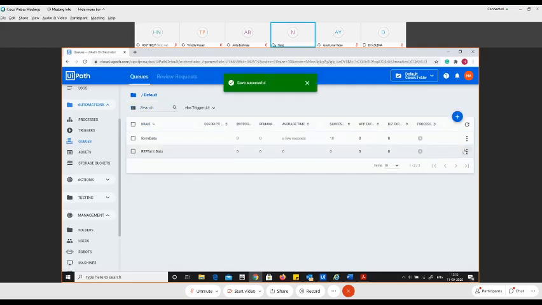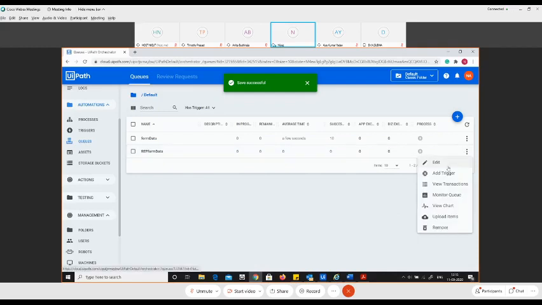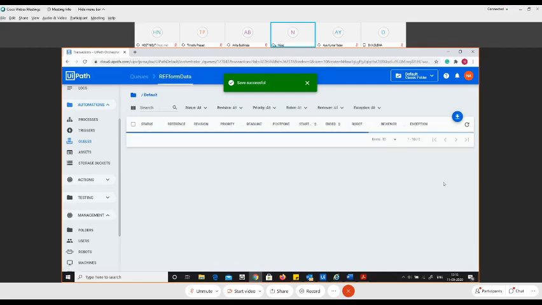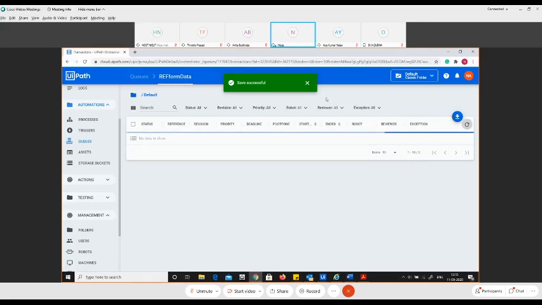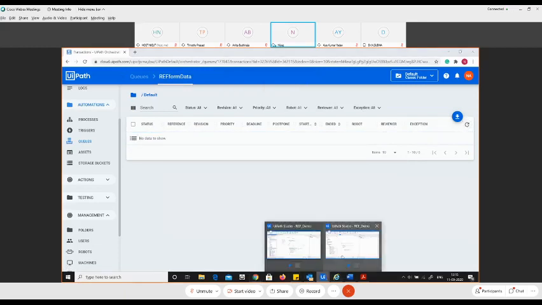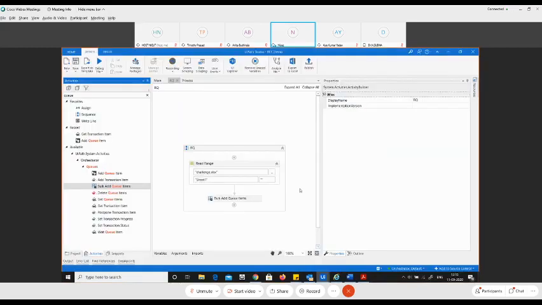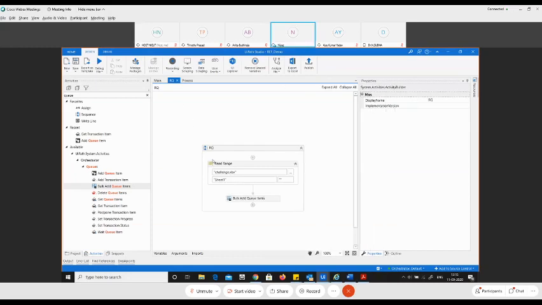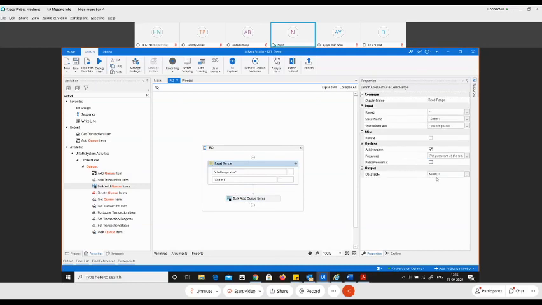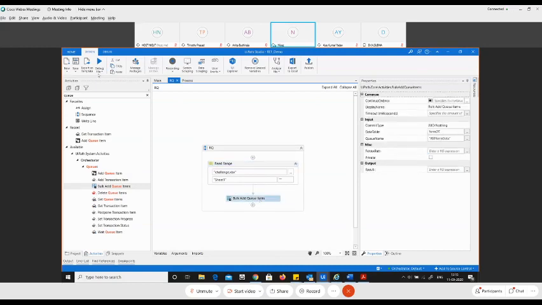So there is no data into the queue. Let us verify by clicking on the vertical ellipsis and the view transaction. Okay. So since we just created a new queue, there is no data into the queue. Now first, let us go ahead and add data into the queue. Awesome. So let me check if everything is fine. Form DT, is this the name form DT? Yes. Okay. So let me run this individual file. I'll say run file.